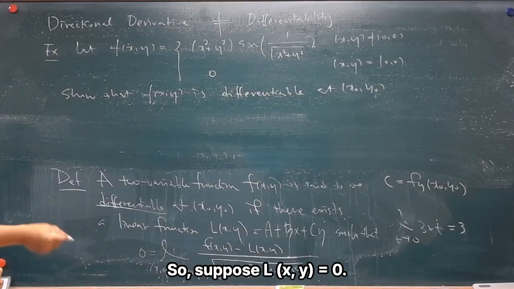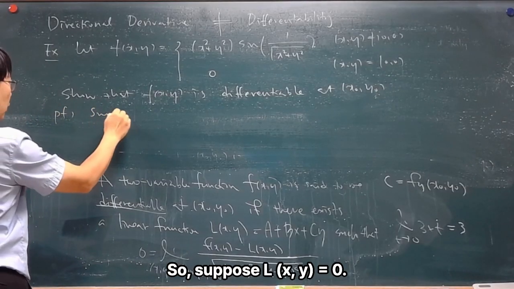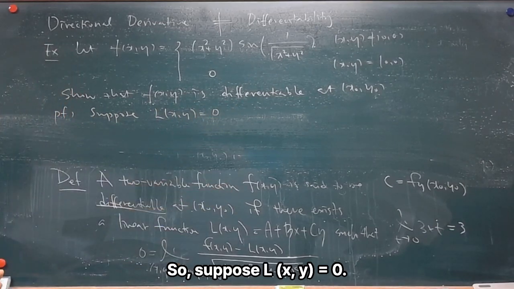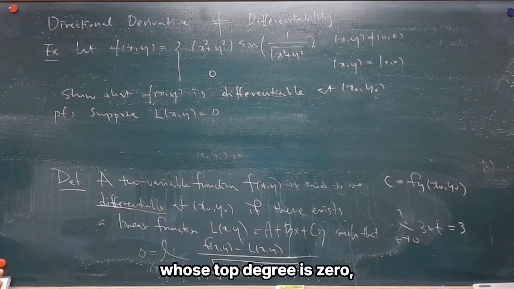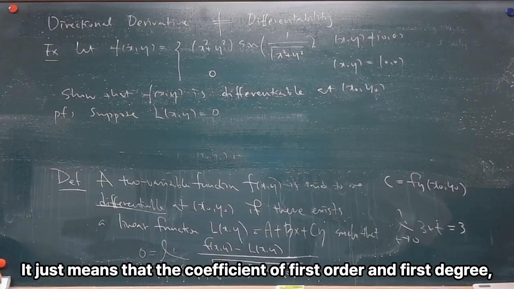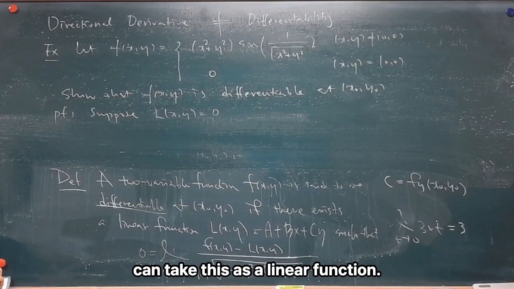Okay, so suppose L(x, y) is equal to 0. So it's a constant function whose top degree is 0, but still it's linear. It just means that the coefficients of the first-degree terms are all 0. So we can just take this as a linear function. Then